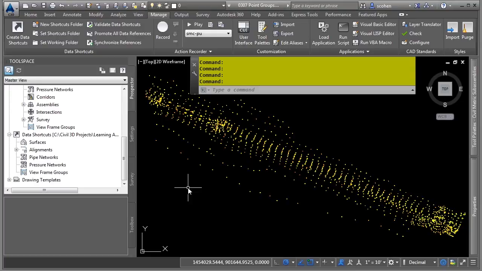In this video, we will discuss point groups. Point groups are simply a filter of points that share common characteristics. Some example uses of point groups are to perform specific tasks such as creating break lines that will eventually be used to create a surface, override a set of points' default layers or point style or label style, or maybe